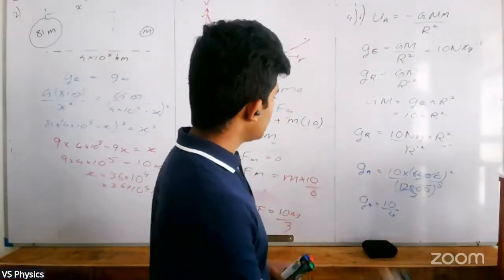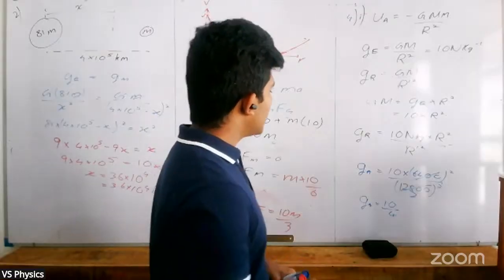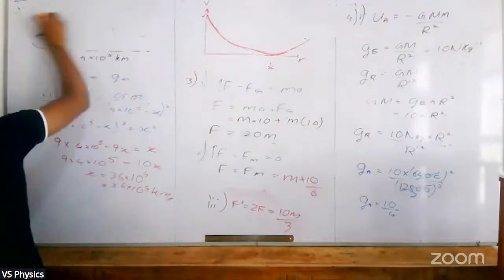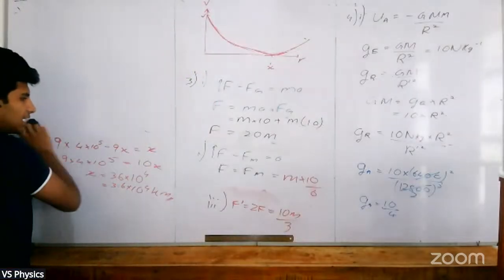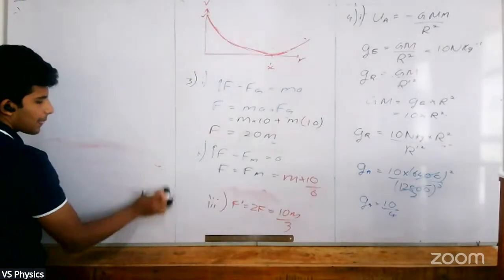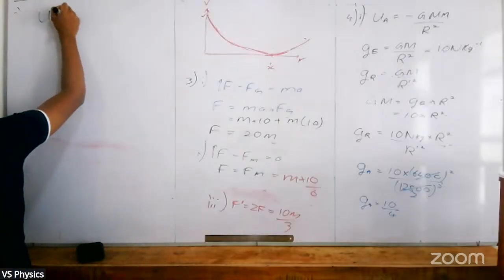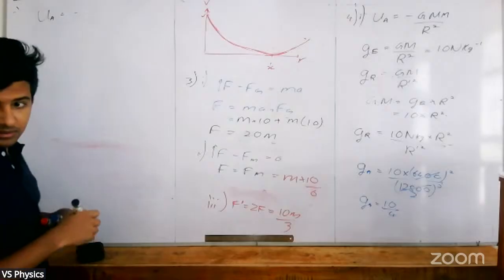2 square එක 4 කියලා ලියන්න පුළුවන්. Then using this, we can find the gravitational acceleration, gravity potential energy at A. What is potential energy at A? Potential energy at A අපිට එනවා UA is equals to minus